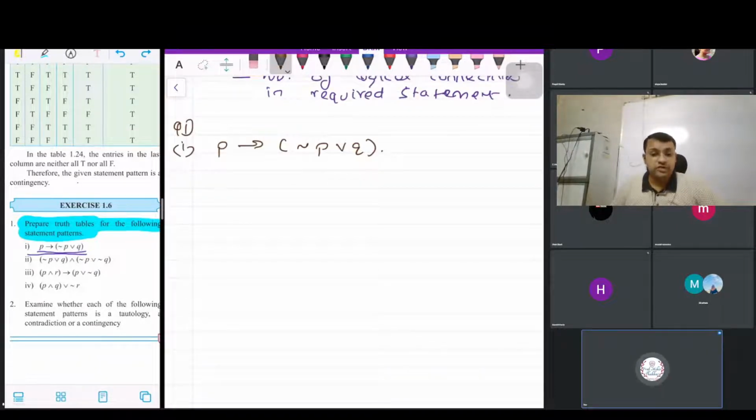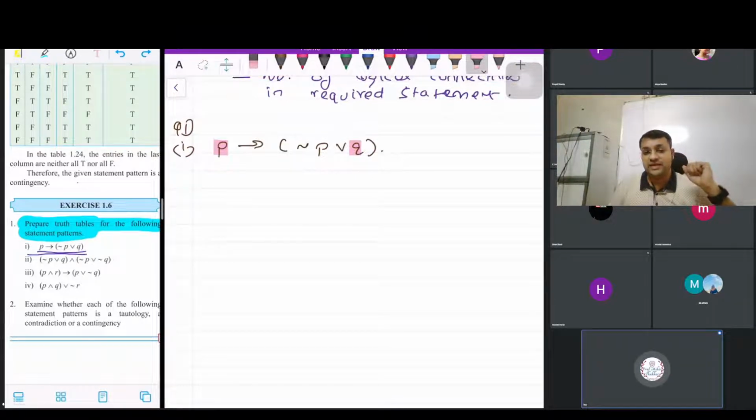So guys, this is our first question for which we have to make the truth table. So listen very carefully, it's really easy. I want you to understand the difference between basic columns and additional columns. The basic columns are nothing but the statements which are given to us in the question. What are the two statements? The statements are P and Q. These are my basic columns. Sometimes you will come across a variable or a statement R. In that case, there will be three basic columns P, Q and R. We will come to it later on. For now, let us understand what we should do with the help of two statements only.